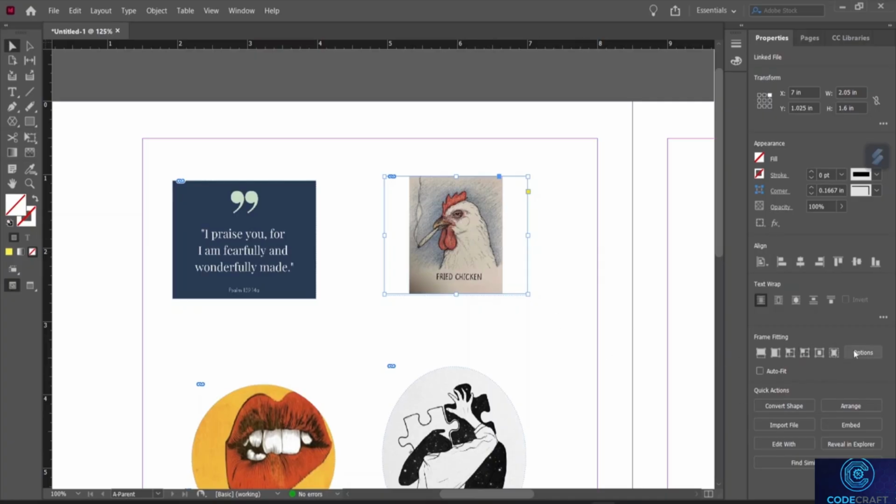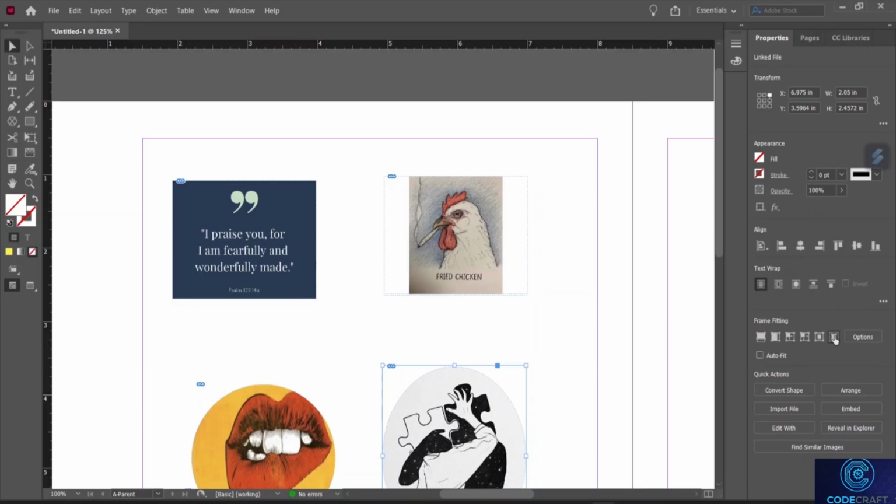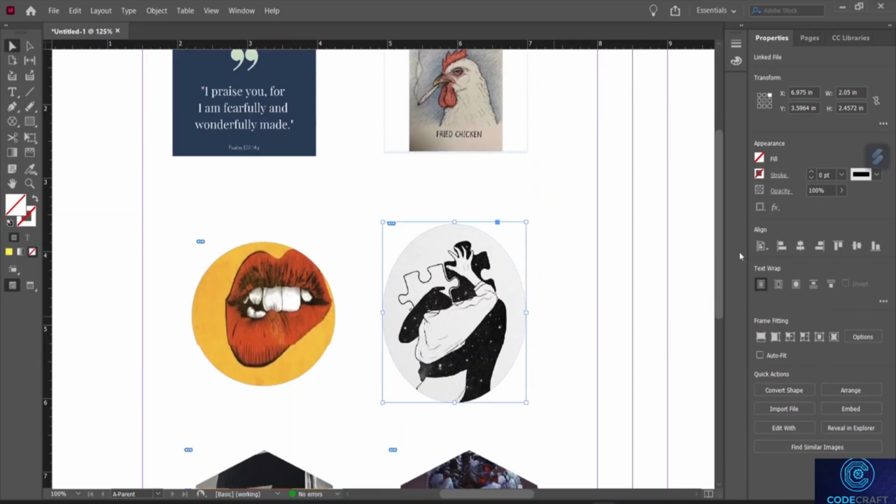It will automatically be aware of its content. So what is the content in this particular image? It will be aware of that, and accordingly, it will just fit it to our frame. Okay. So here, if I choose this particular picture and click on this content aware fill,